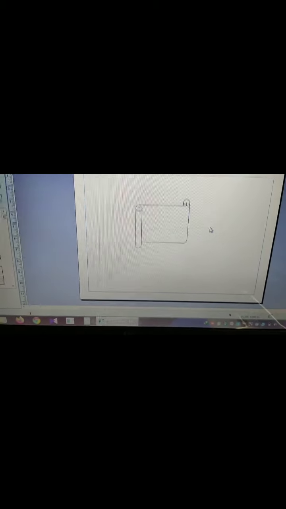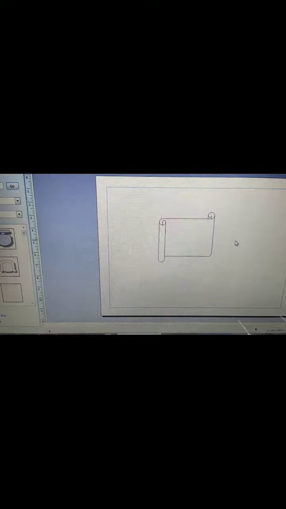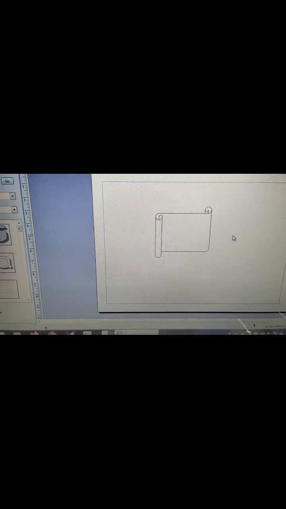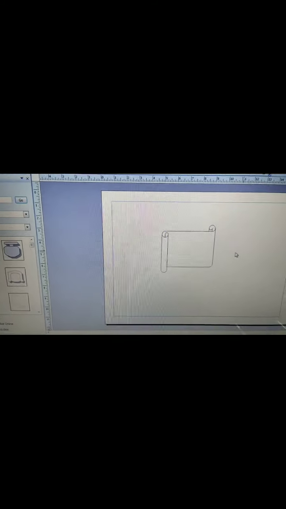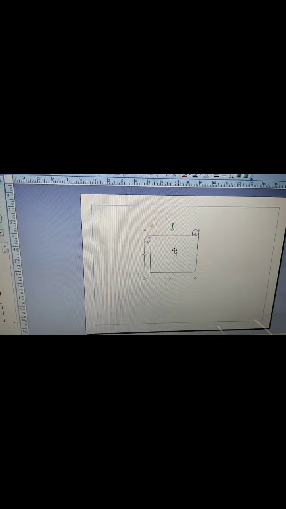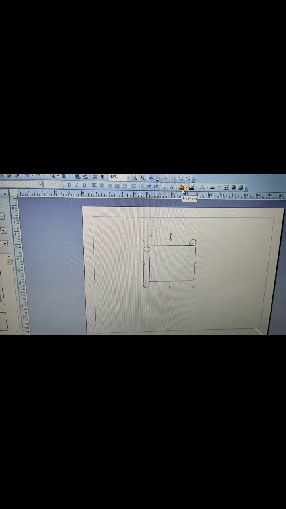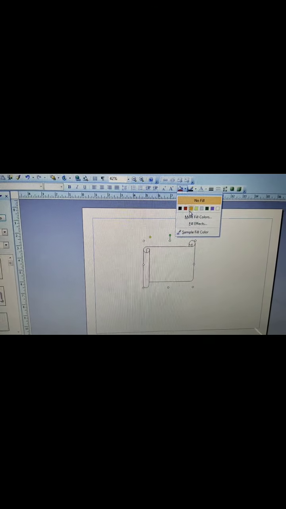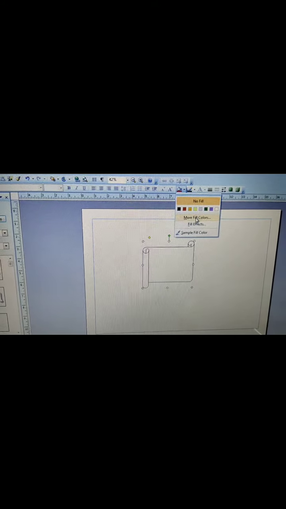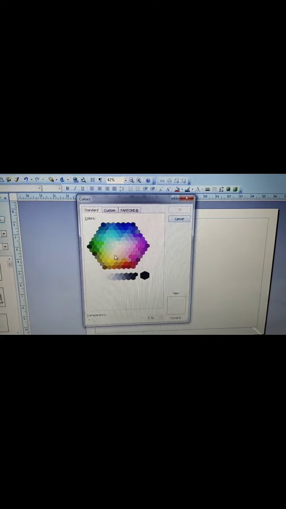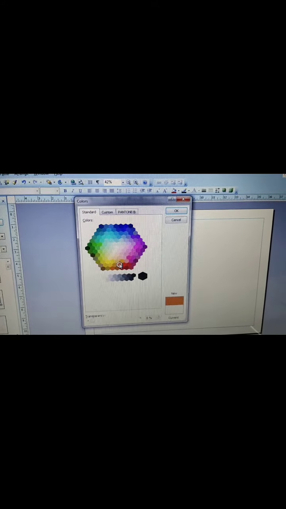Now comes format, I mean how to fill color and how to add effects. Okay, now how will you fill a color in shapes? First you have to select it. This is the fill color. You click here, you will get colors, and if you want more colors you can go here, whichever color you want you can add here.